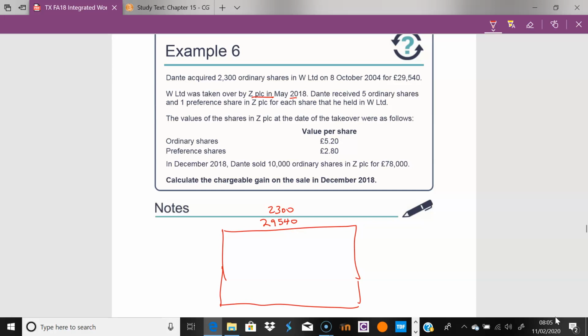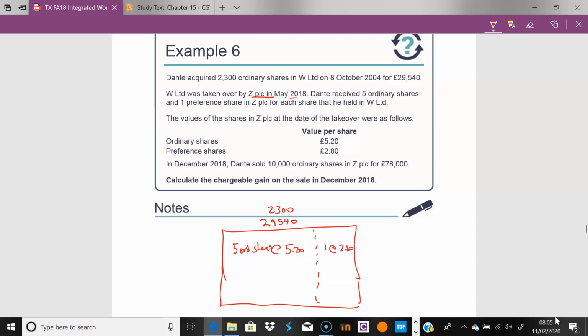They are not the same. I mean, they've just split your land up. But if they were all ordinary shares, they'd all be the same. But someone's literally said, I'll give you 5 ordinary shares and 1 preference share for each share. So in effect, they've given you, I'll just split it like this, 5 ordinary shares at, of course, £5.20 each, right? And 1 preference share at £2.80. I mean, this is for each of your shares.